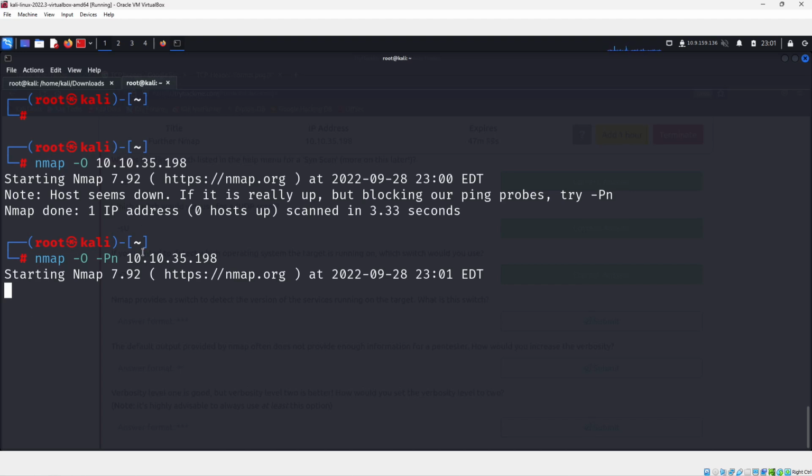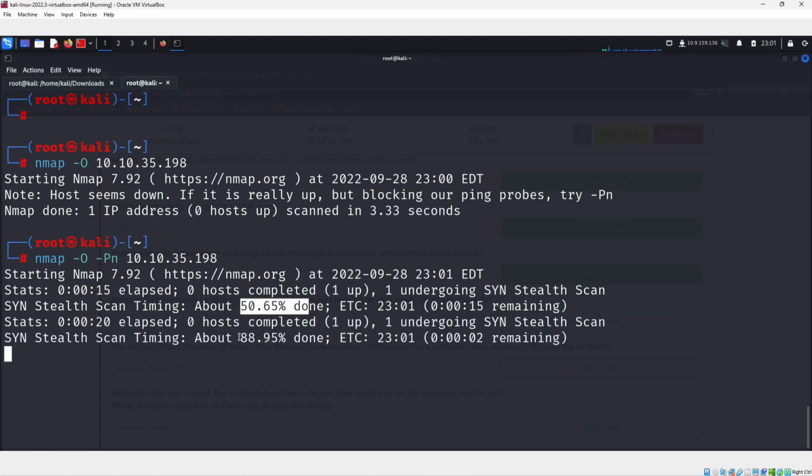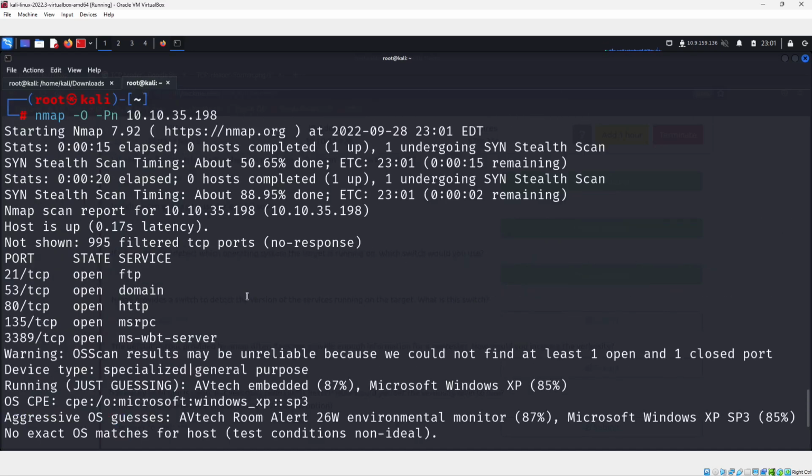It will take a little time. If you want to see how much of the scan is done, you can just hit enter. It will show what percentage of the scan is completed. You can see whenever I hit enter, it will give an output. Okay, so here you can see